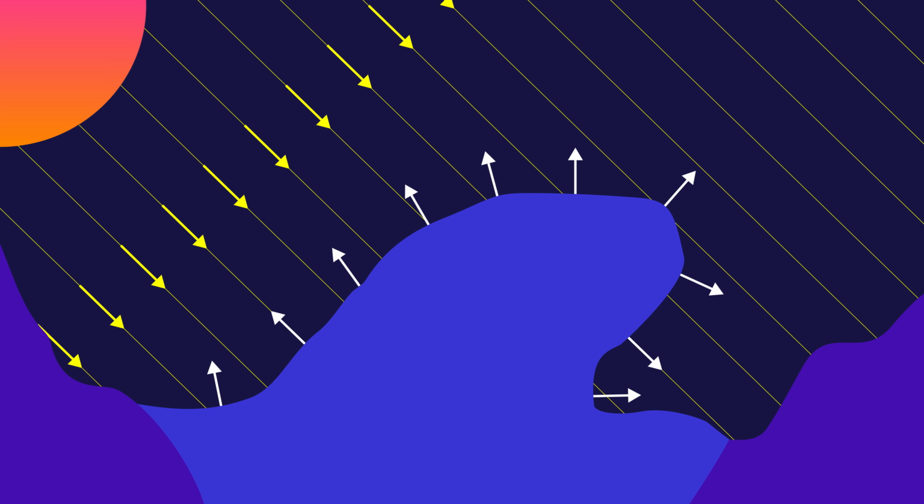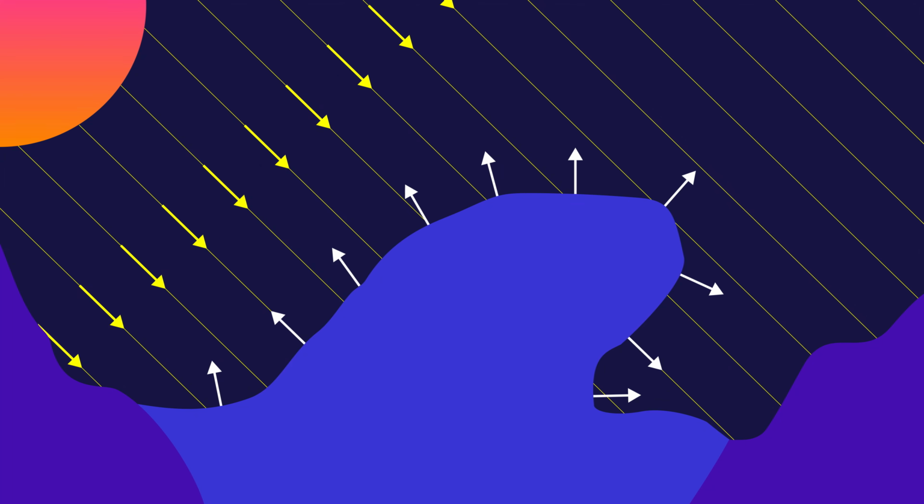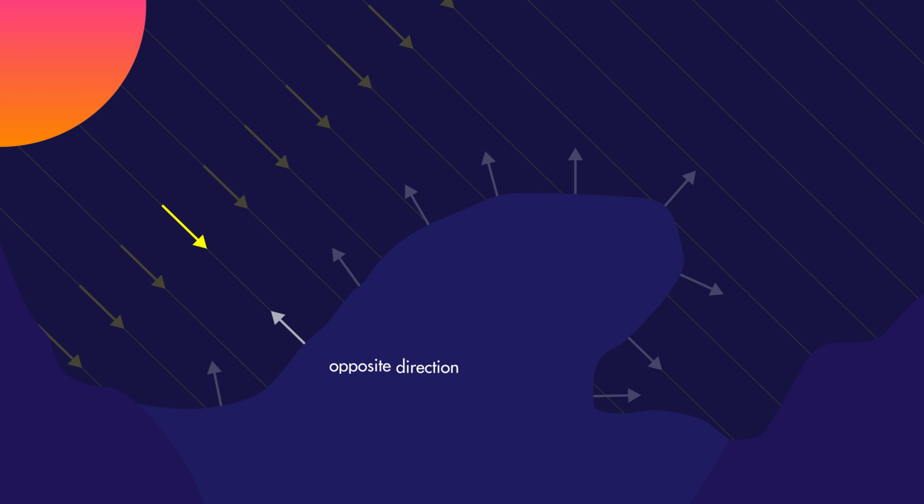By the way, these normals are basically vectors pointing directly out from a surface, perpendicular to it, showing which way it faces. Now, if the direction of the light is opposite to the surface's normal, that spot is probably well lit. On the other hand, when the light and the normal are pointing in the same direction, it's more likely to be in shadow. Of course, this is a simplified version, but Unity is already handling most of the heavy lifting when it comes to lighting. This is just to add our own tweaks to the material.